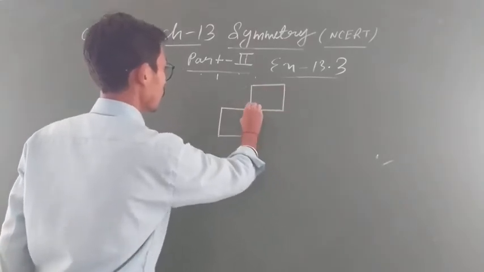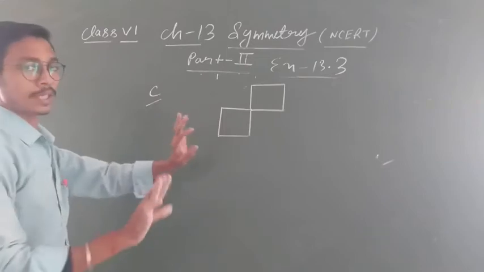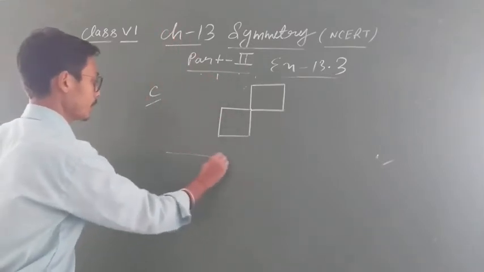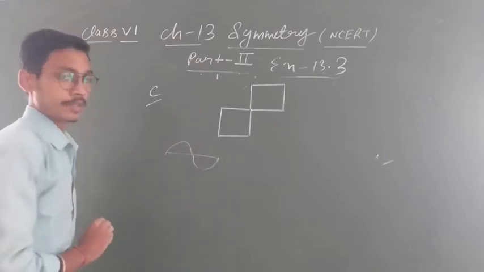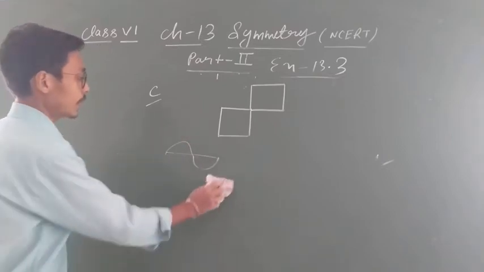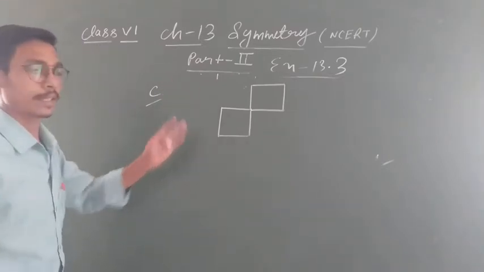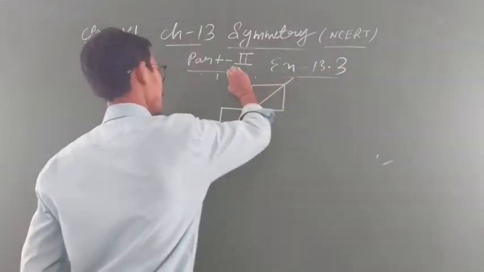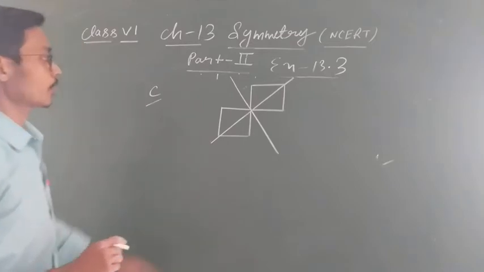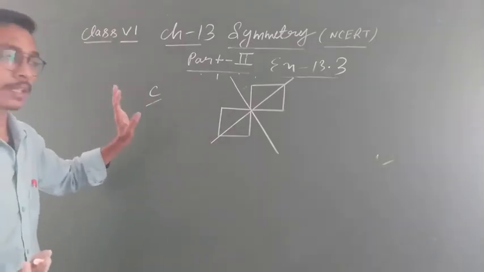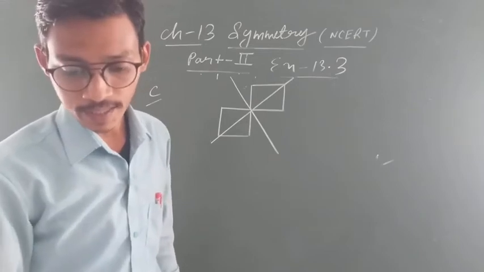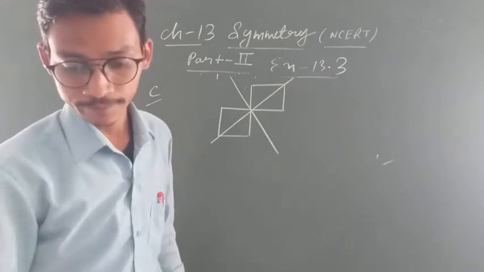ठीक है ना, देखो both are in the same direction, मतलब this is not about vertical and horizontal. अब जैसे in the previous one we discussed one diagram like this, one diagram like this, this is about upside and downside, but in this there is no case like that. So you can draw the first line of symmetry like that and the second line of symmetry like that, because both are in the form of a square. ठीक है, तो in this you can find two lines of symmetry. तो ऐसे so many examples are given, you will find out yourself.